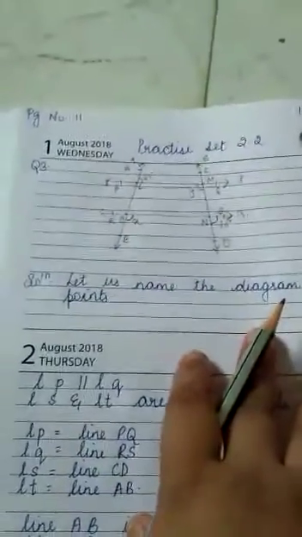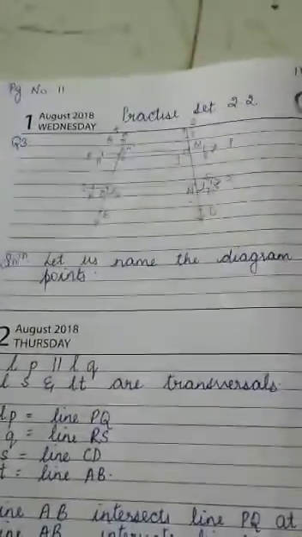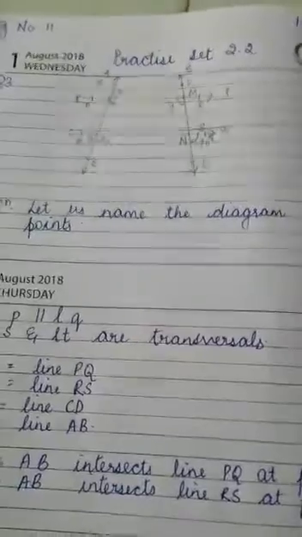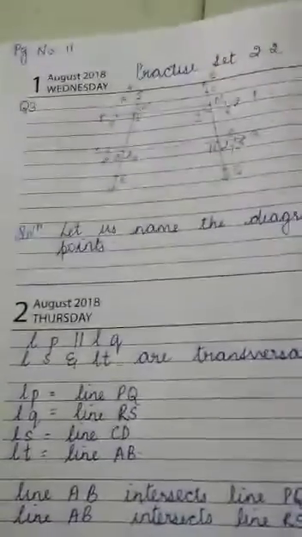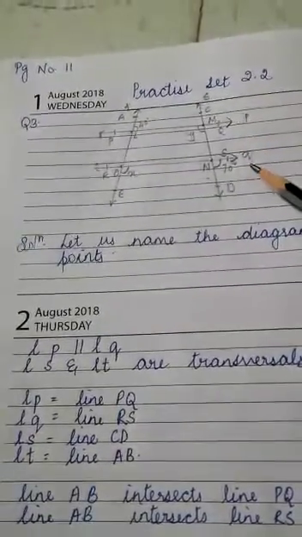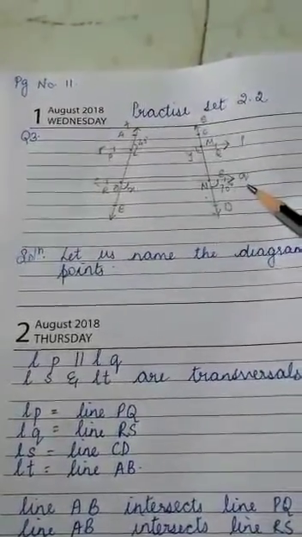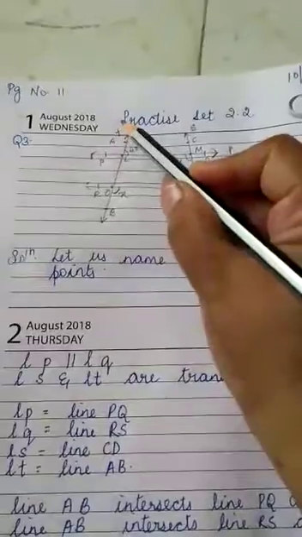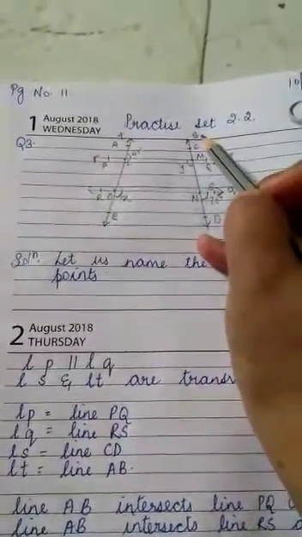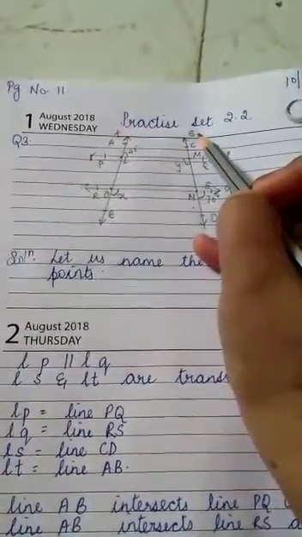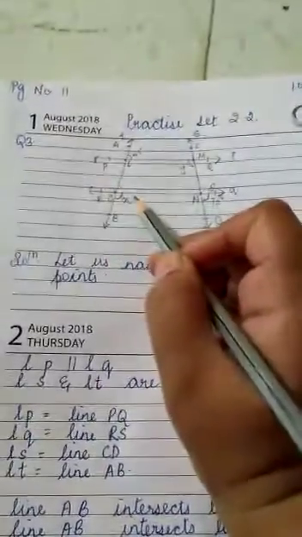Ready? Okay, so they have given you a diagram of two parallel lines and two transversals. First thing that we do is we'll read the question. The question reads, in the adjoining figure, line P and line Q are parallel. Line T and line S are transversals. So what are we to find? Find X, Y